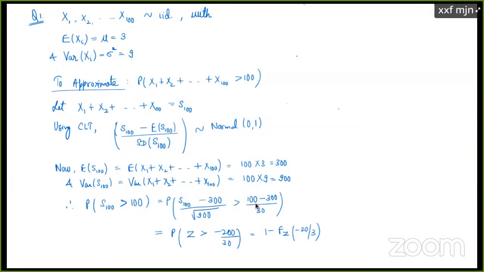Sir, one more doubt. Actually, the variance of S100 is 9 into 99, right? Why 99? 10 minus 1? No, no. The variance of S100, so it's not a